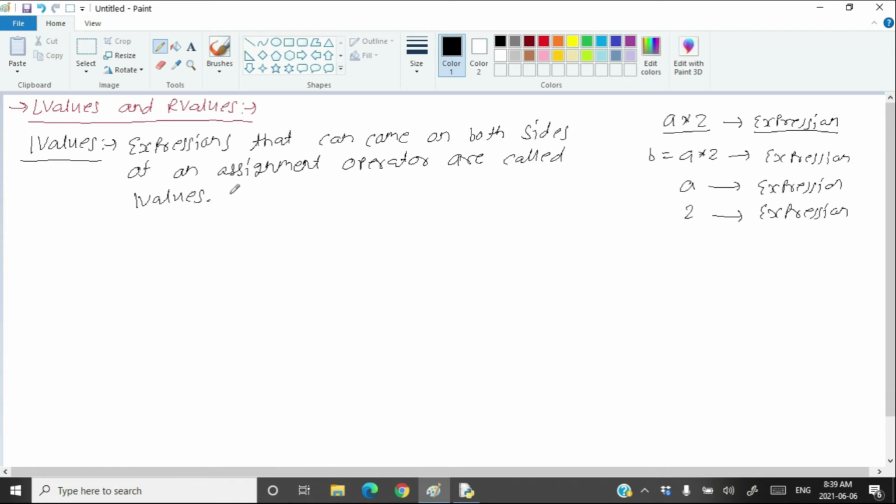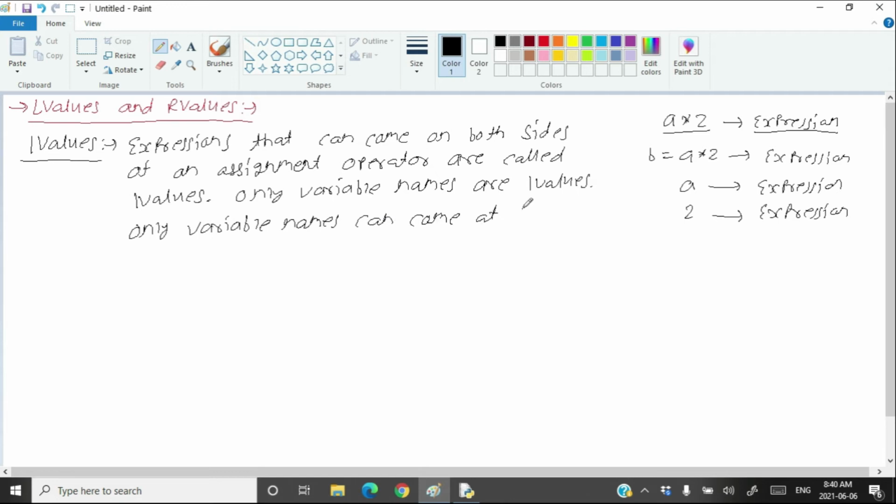Only variable names are L values, which means only variable names can come at both sides of the assignment operator.